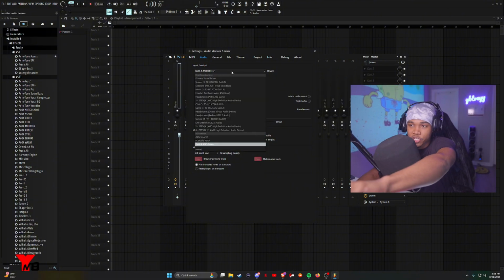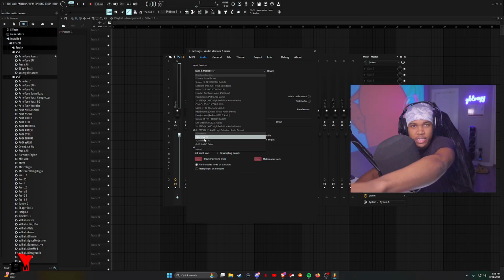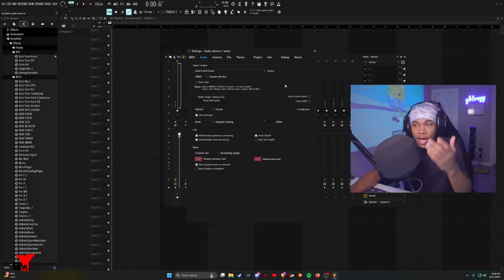Go XLR, make sure it says that. If you don't, then just click FL Studio ASIO or whatever that says down there. You see it, click that. Now for my purpose, I have an interface. If you don't, I really recommend getting one, but I have it on my interface and that's pretty much it